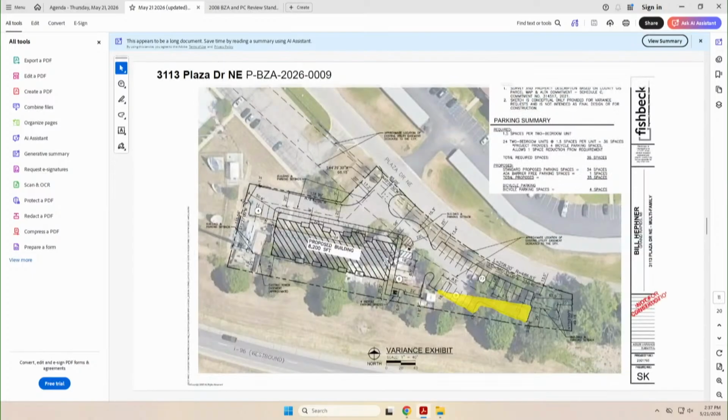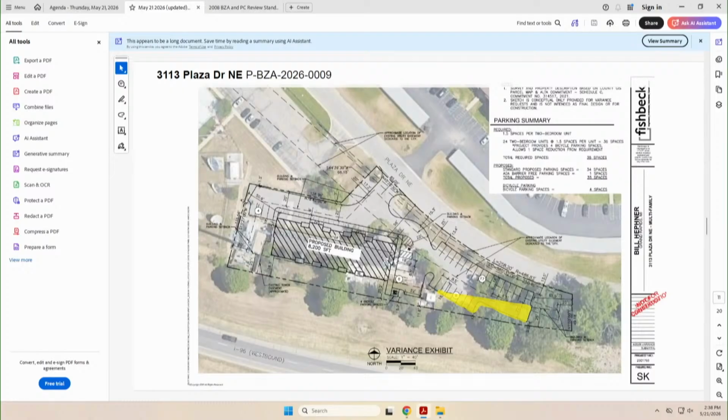And then finally, the last variance is a dimensional variance of 15 feet to reduce the required 20-foot rear yard setback to 5 feet. Parking areas must meet the rear setback of the zone district. Parking areas include parking spaces and drive aisles. The easterly parking area, a portion of which is in the rear yard setback, is dimensioned to the minimum standards of the zoning ordinance, meaning that the drive aisles and the depth of the parking space are the minimum necessary as allowed in the zoning ordinance.